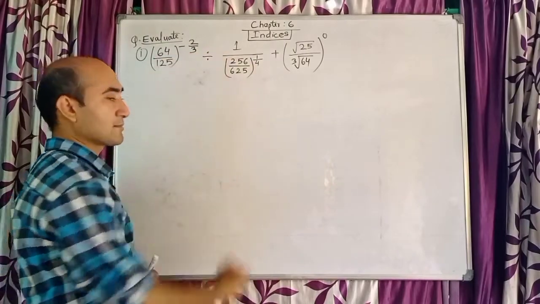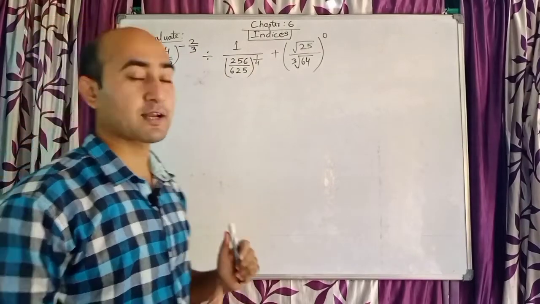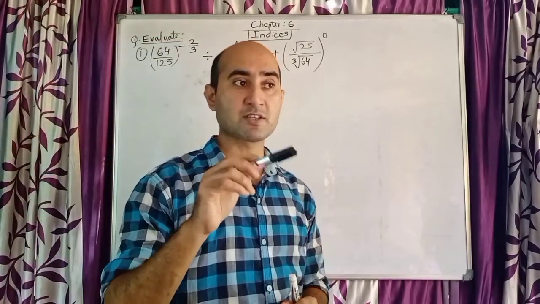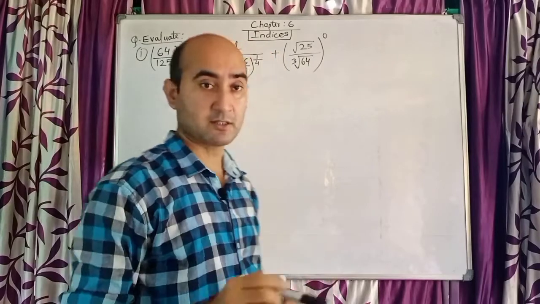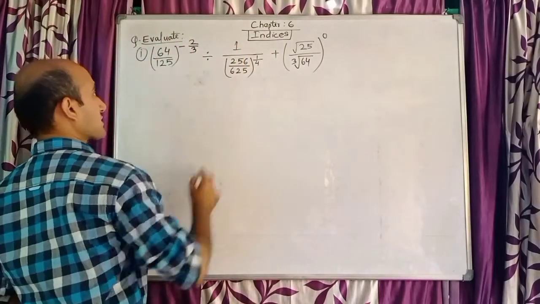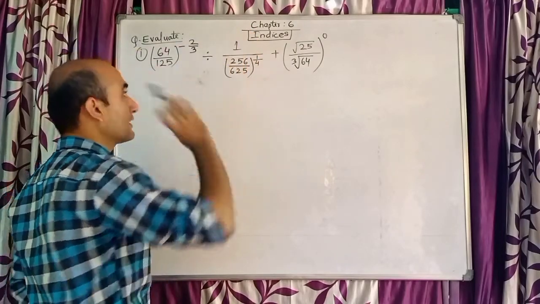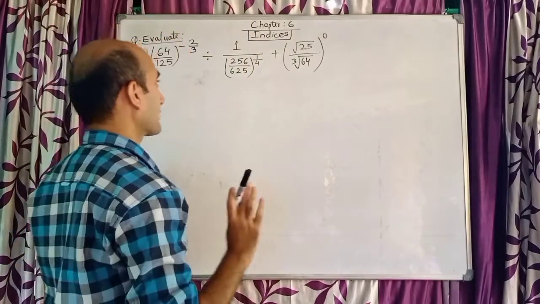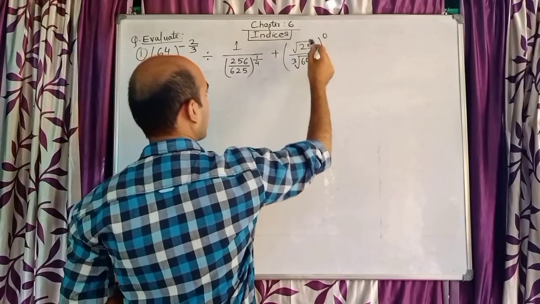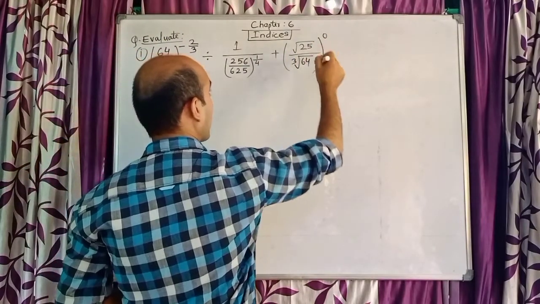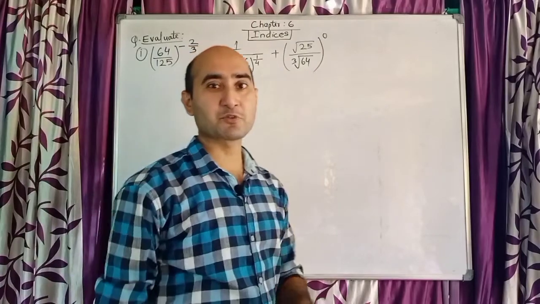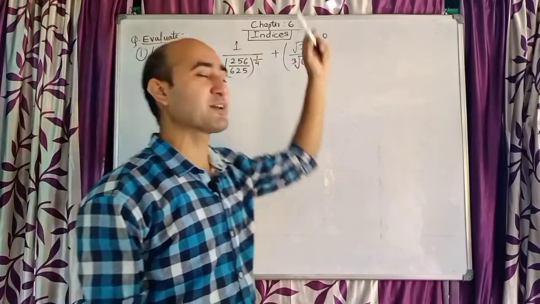Here we have a division symbol. As you all know, in the lower classes you have learned, when there is a division symbol and you put multiplication, the denominator part will become the numerator and the numerator part will become the denominator. That is also a very important crucial thing. Plus root 25 and cube root of 64, but to the power 0. So you see so many things given inside, but power 0.